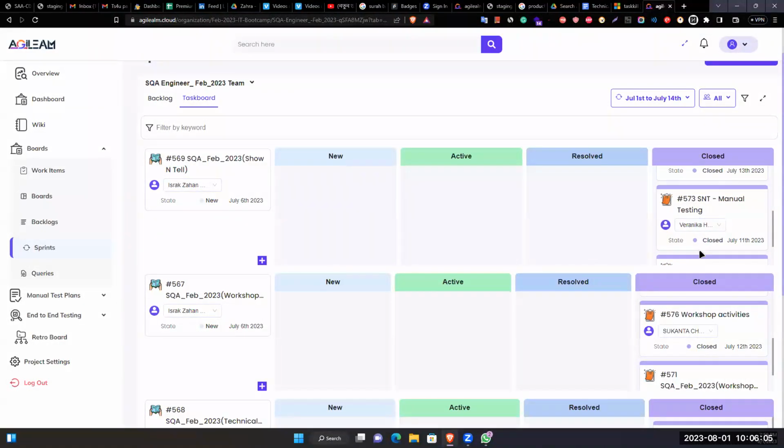So you can send a message one-on-one, or the good option is to send the message on the group. Why? Because when you send the message on the group, if other members are also making the same mistake, they will get aware of that. Yes, I understand.